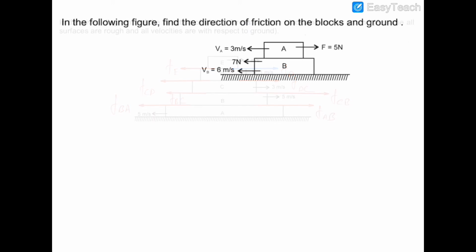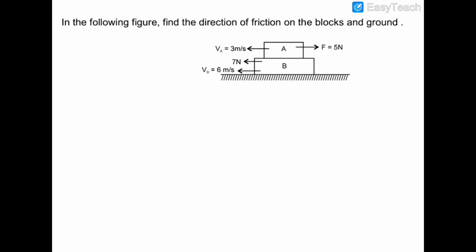Thank you. Now again in this question we need to find out the direction of friction acting on these blocks, and we already have discussed that direction of friction does not depend on the force or accelerations. In fact, it only depends on the relative velocities. So we can see that both A and B are moving in left hand side direction, and the velocity of A is less than the velocity of B. So B is moving faster than A, therefore A has a relative velocity with respect to B in right hand side.